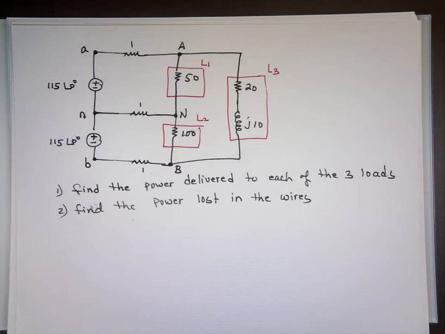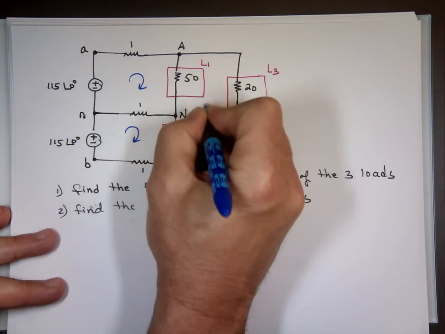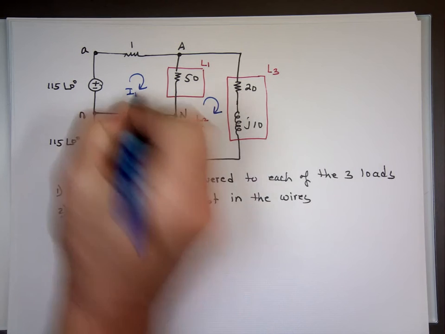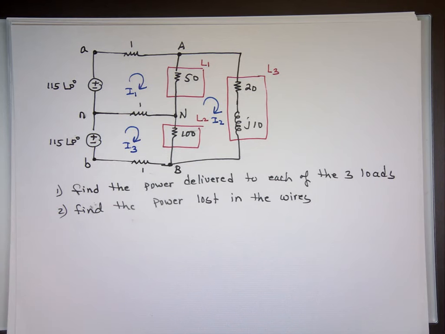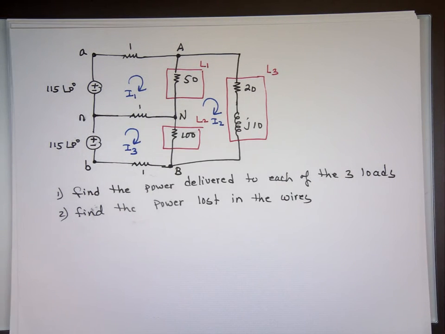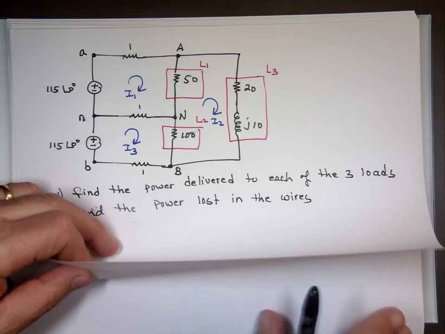Well, how do we find the current? Let's assign some currents in each one of them and write three equations by three unknowns and see if we can find what these currents are. Use KVL. So right now I'm not answering any of these. I'm going to find the current going through each one of them. I'll take a nice sheet of paper, put on top of this, leave this picture up there,